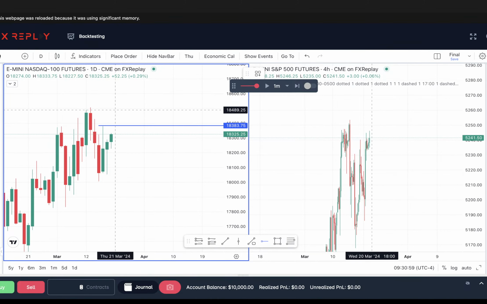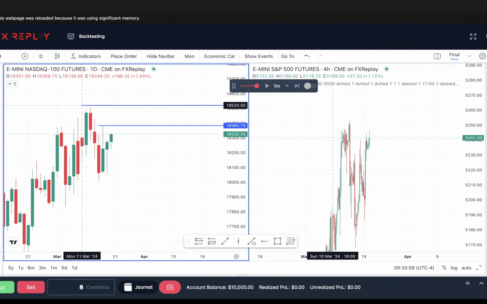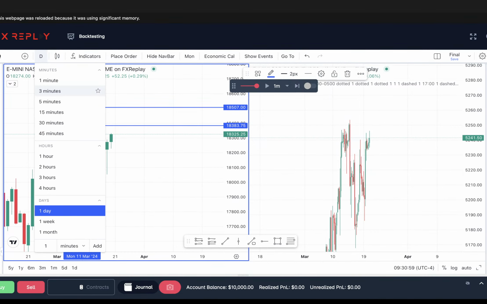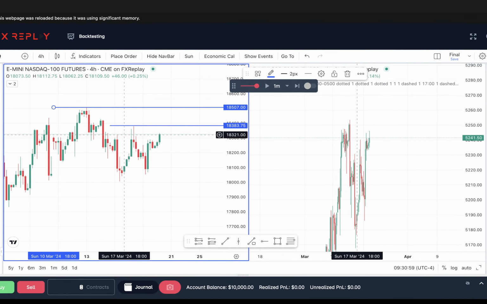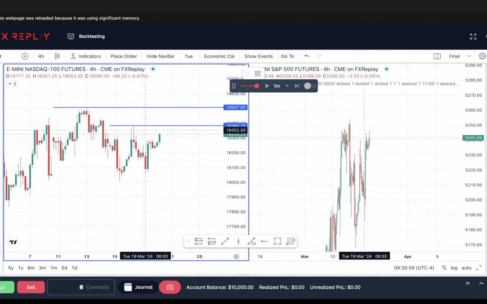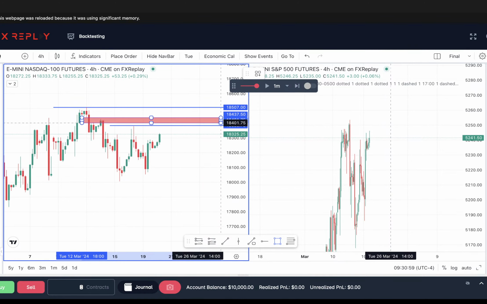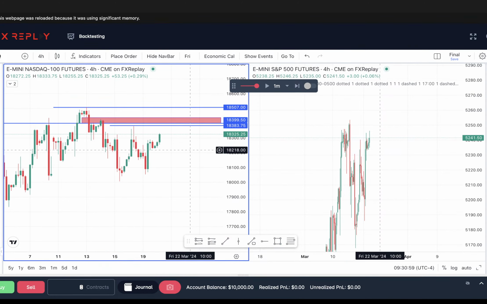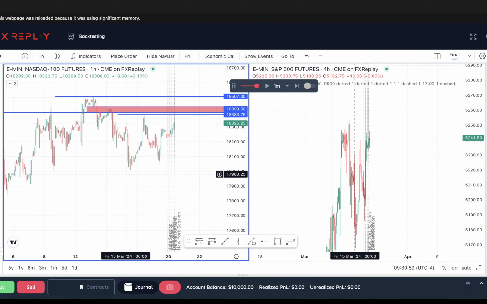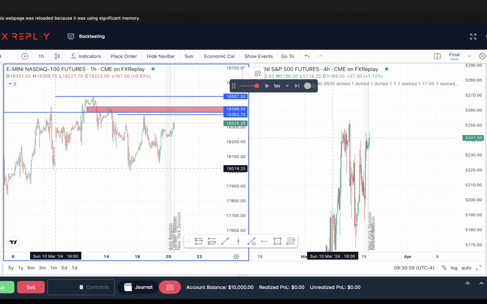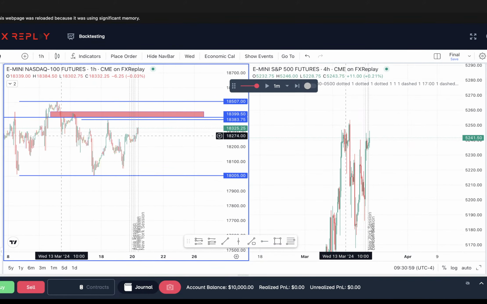Clearly, there's another one up here. So let's see if we take one of these out and reverse. And that should line up with, honestly, all the time frames. 4 hour and 1 hour. Boom. There's another one on the 1 hour here. And a fair value gap. I mean, the 4 hour. So we can mark this. 1 hour, same thing. Equal lows are the downside for a target.